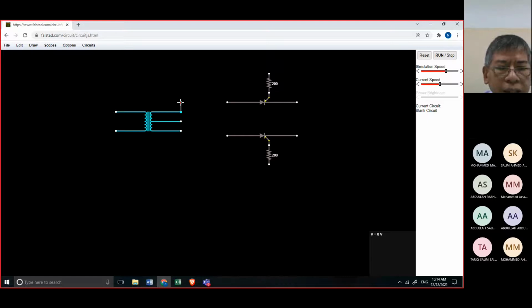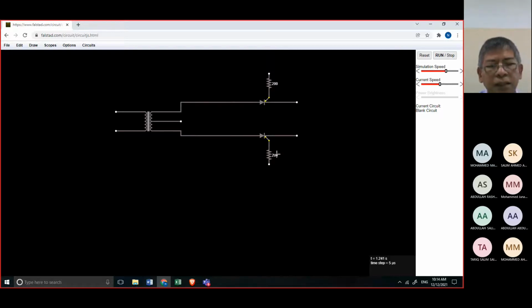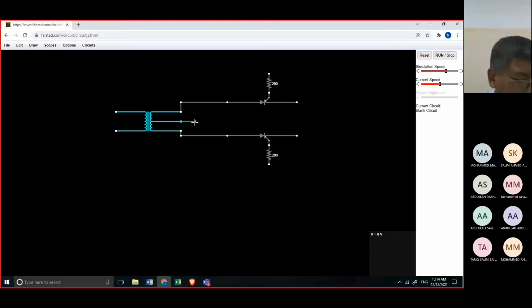So we will connect a wire here, like this, because we will make it a full wave rectifier using pulse stud. Okay, like this. That's why our transformer is with a center tap secondary.